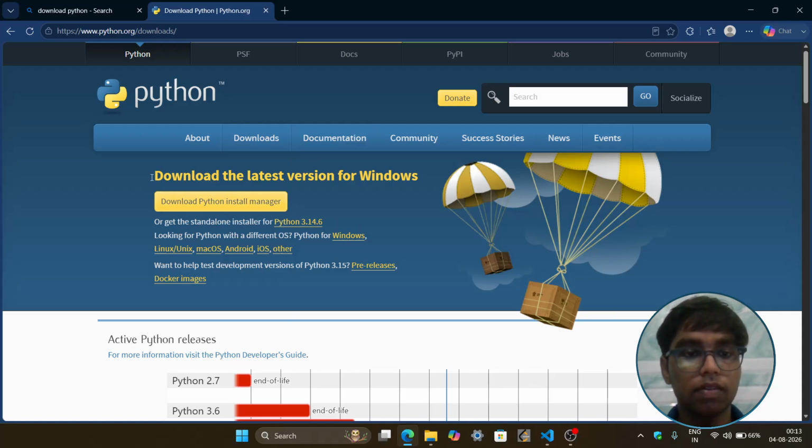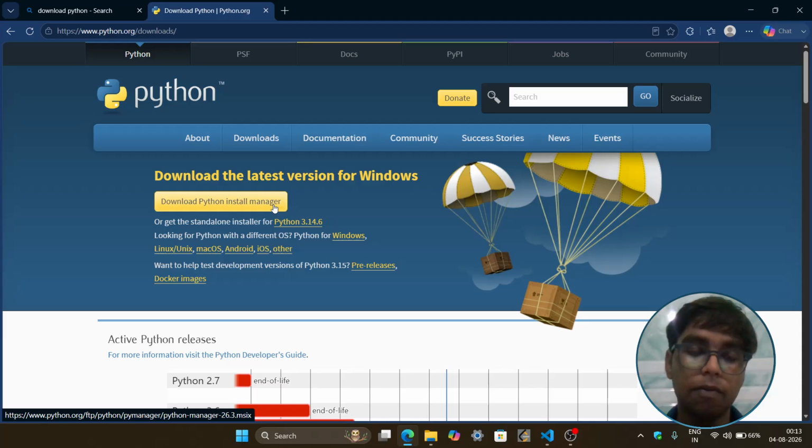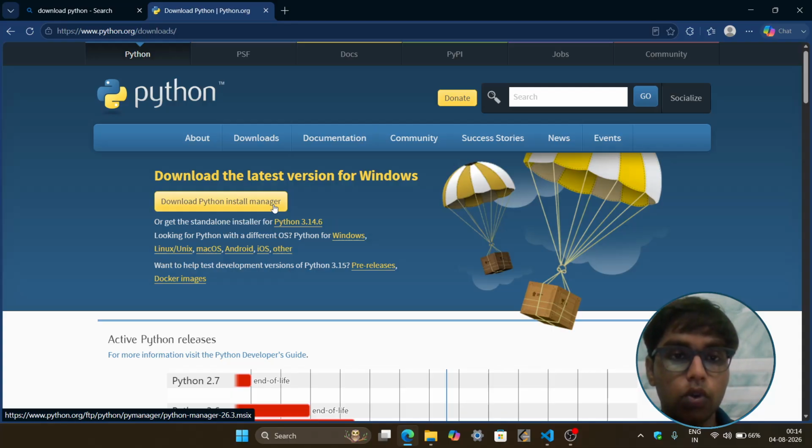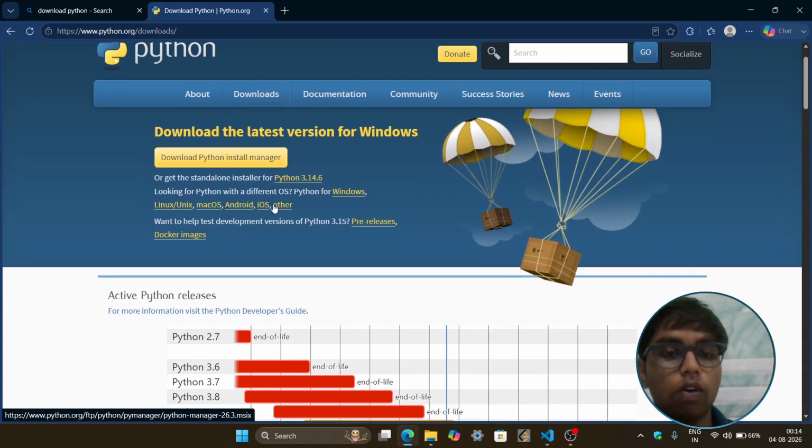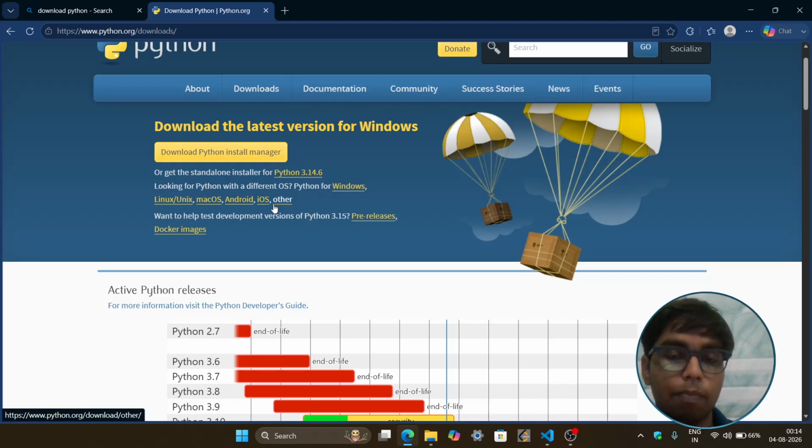You can install the latest version, but I would prefer that you install an older version, because in newer versions, Python keeps changing, debugging, and modifying things. So it becomes quite complicated. So we are going to use an older version to learn the Python language, and then further, once you get familiar, you can go on with the latest Python version.